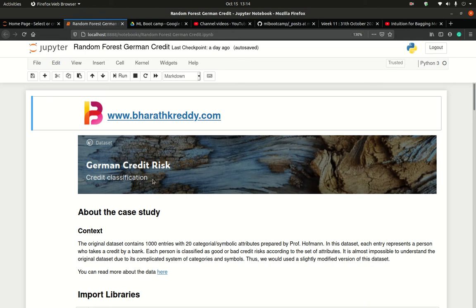We would work on German credit risk. The original data set contains 1000 entries and 20 categorical attributes. This was prepared by Professor Hoffman, and this is a data set on German people who would have taken loans from German banks, and then it has an attribute marking whether that person defaulted or not. Now, the original dataset is almost impossible to read because they have used quite a lot of symbols, and it has its own idiosyncrasies very specific to the German language. So, we are going to use a modified version of it. You can read more about the data here,